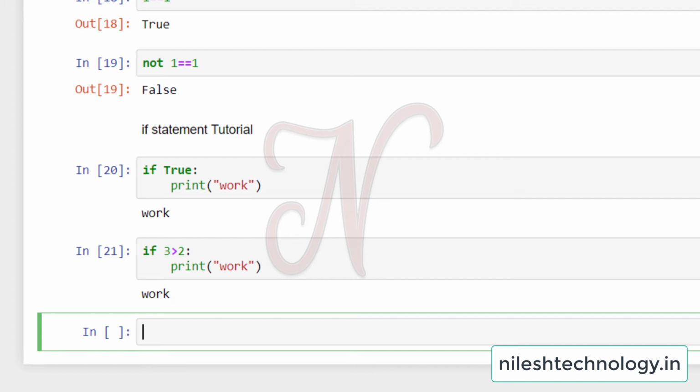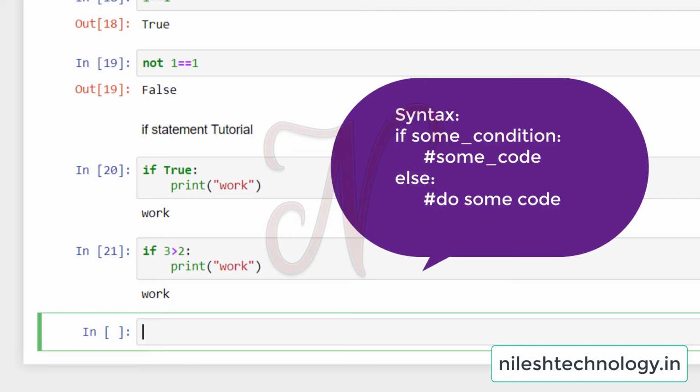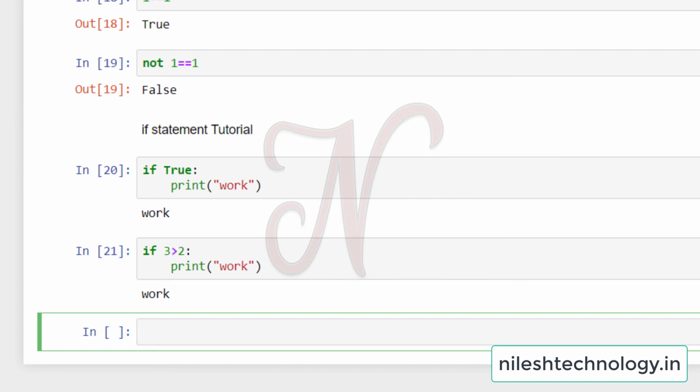The next syntax is if-else. If you pass some condition, colon, and it is true, then some code runs here, then else colon, if it is not, then another piece of code. This is the logic: if some condition happens to be true, we execute some code. Otherwise, if the condition is false, then execute the else side code. Notice that if and else line up with each other.